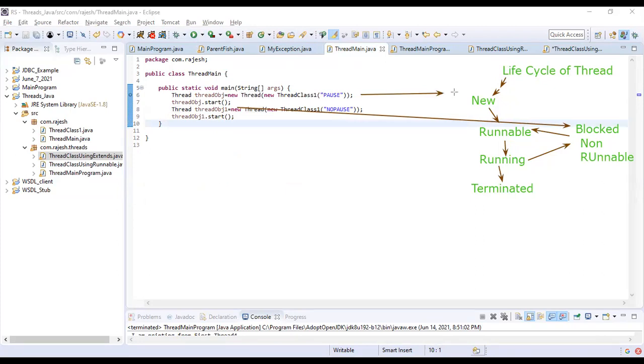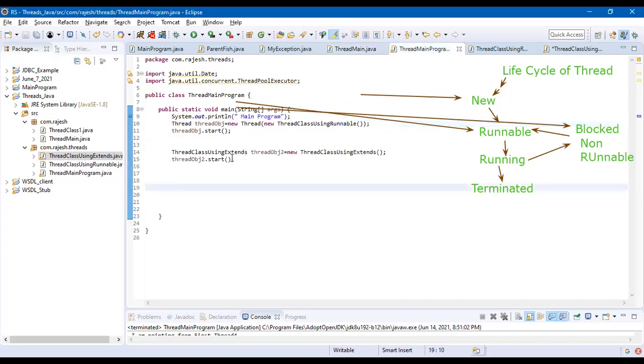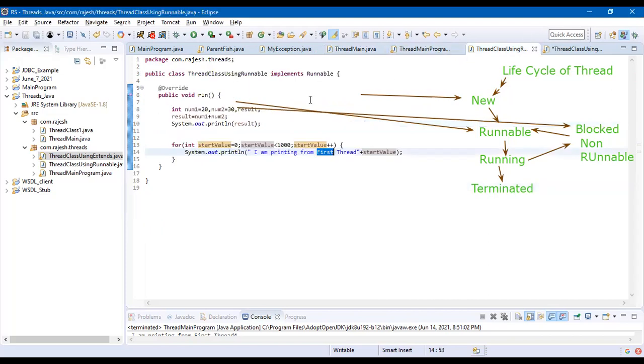Here I just create a thread. This is a new state. When I call this dot start, it becomes a runnable state. And when it is inside this run method, it becomes the running state.